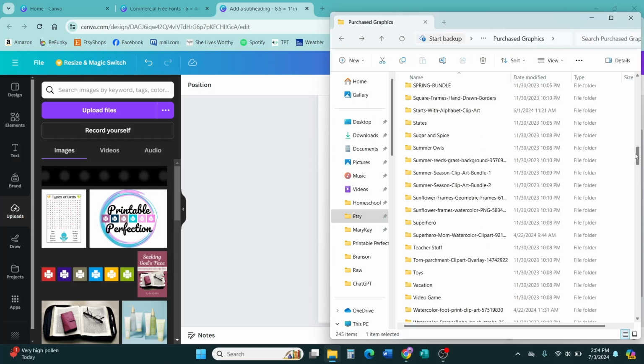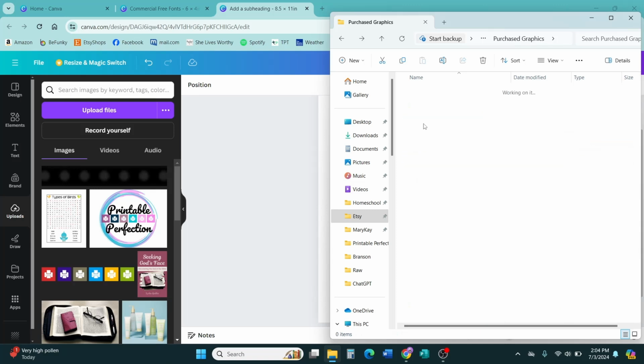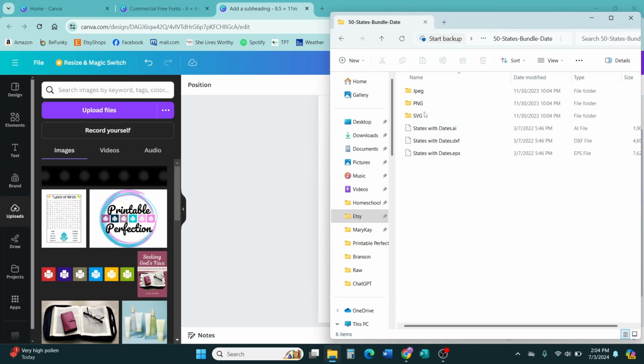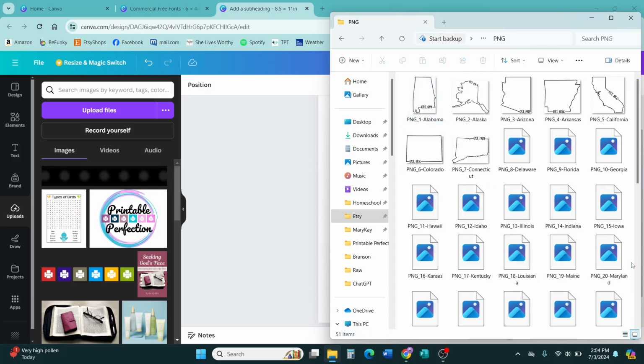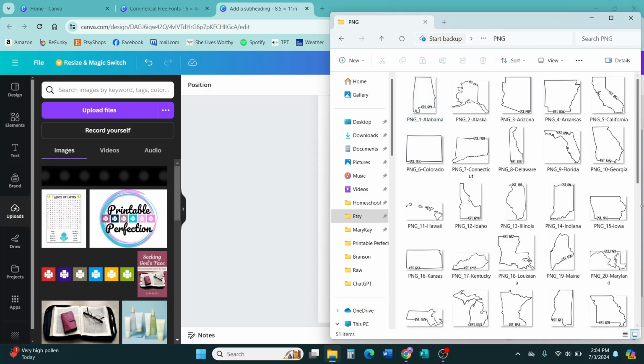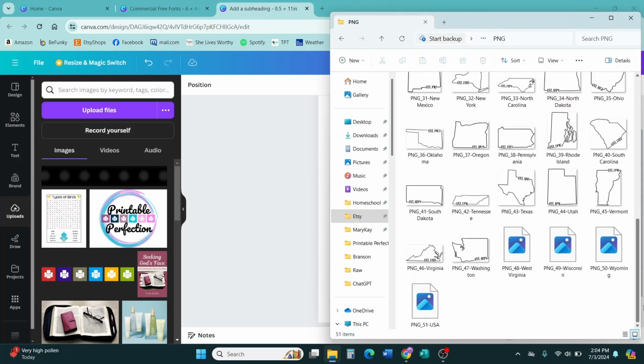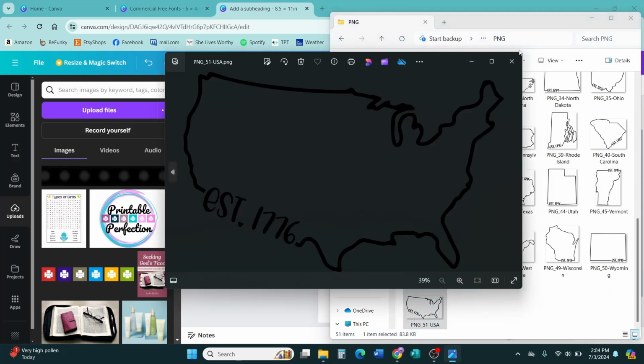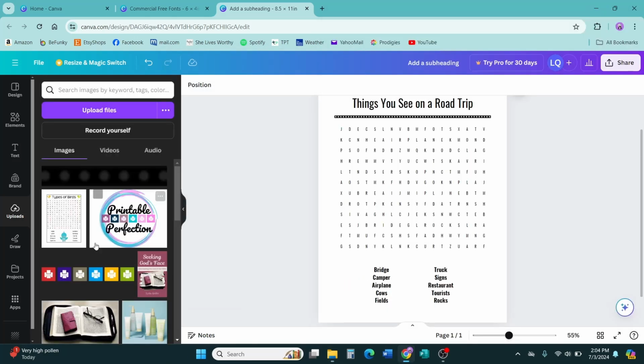Okay, so now I'm going to do one about travel. I think what I'm going to see, this one here says states. I may have one that is like the entire United States. Let me see. Okay, those are just individual states. I could pick the one that's mine, but I'm going to pick the United States. Okay, so that's what I want. I'm going to click it, drag it over here,